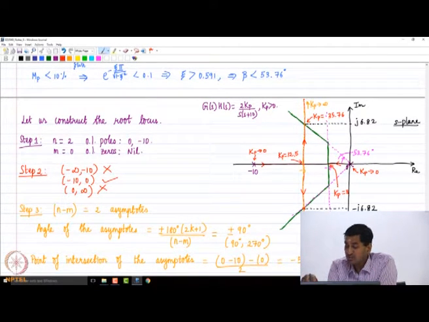I can also choose Kp between 8 and 12.5. That will also satisfy the performance specification, but the system will be overdamped. See, if you have an overdamped system, where is the maximum peak overshoot? So maximum peak overshoot is not there, right, and yet I can satisfy the condition on settling time. Of course, it is going to be slightly sluggish, because the settling time expression assumes that you are going to have an underdamped second order system.